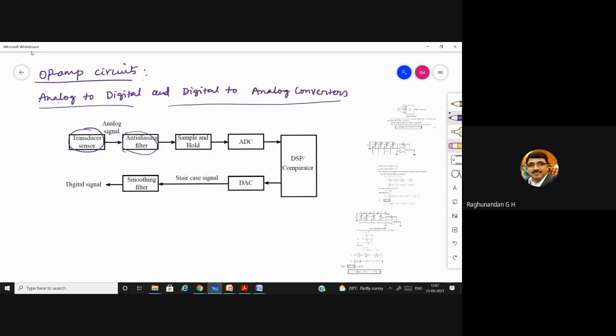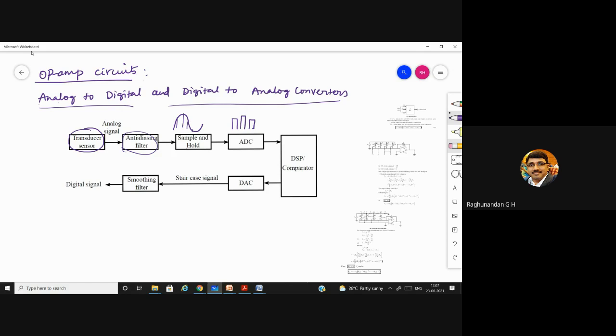Now once this is sampled, the conversion is going to take place. After sampling, the signal will be like this. It is going to sample like this, and later on it is going to convert it into some discrete levels like this.